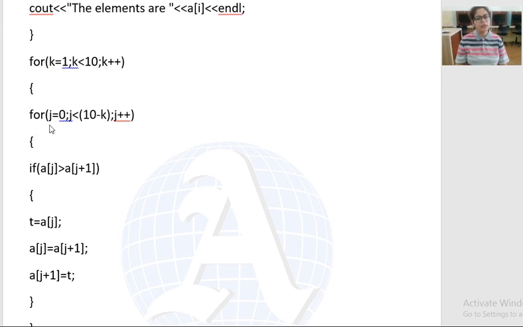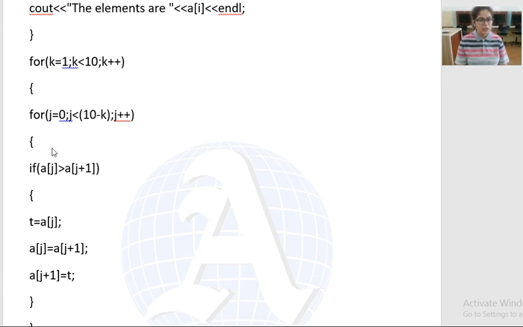Now in the curly bracket, in every pass we again have to perform n minus something. If you remember, for example if we have 5 numbers, in that case n is 5. So if we have to perform bubble sort, we have to apply a total of 4 passes, n minus 1, that is a total of 4 passes.